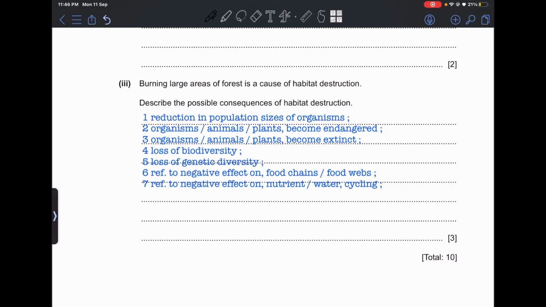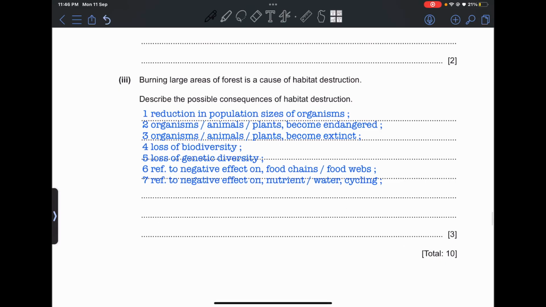For example, if a monkey lives on a tree and that tree is burned down, then the monkey will not be able to live on trees if there are no other trees, so they will go extinct. Also, some plants and other organisms will go extinct as well. There will be a loss of biodiversity, and a loss of genetic diversity as a result of the loss